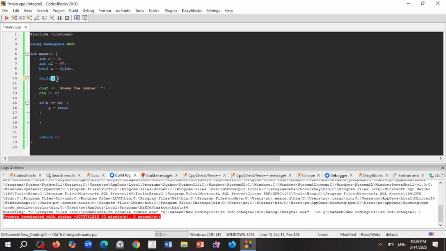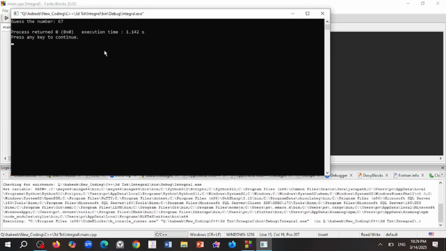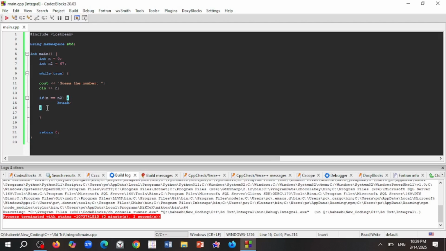I'm more efficient, so I could just write while true. This will be running forever, and if n is equal to n2, break. Break basically means stop this while loop. Else if n is greater than n2, print guess lower, and else if n is less than n2,